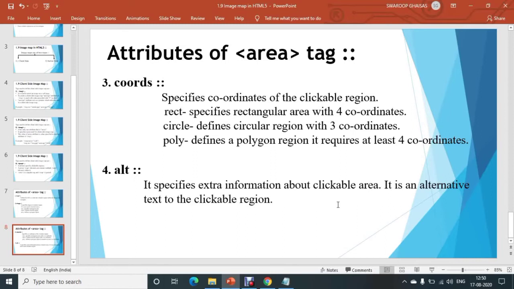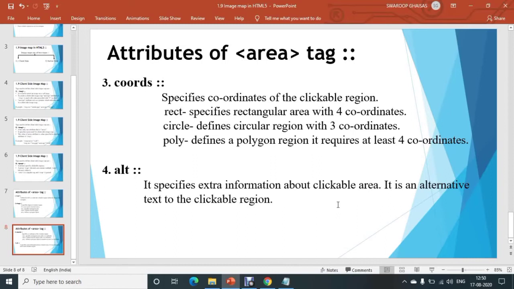Next, the last attribute used with the area tag is the alt attribute. The alt attribute specifies extra information about that clickable area. That is, it is an alternative text for a clickable region.